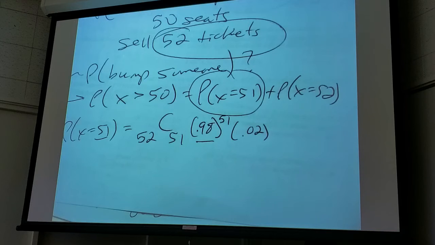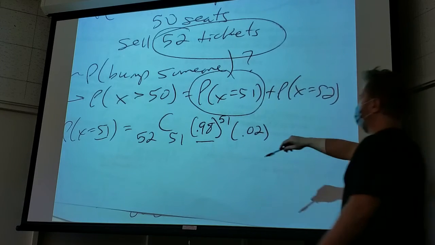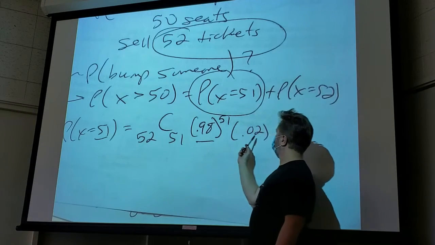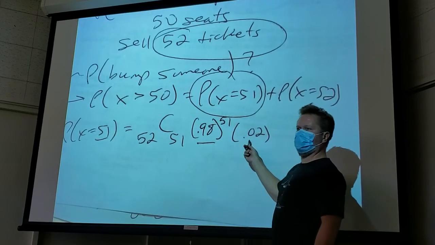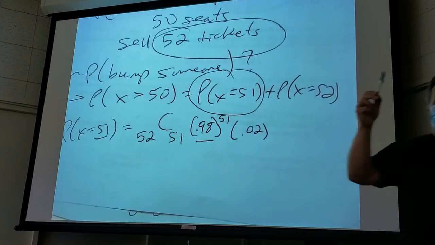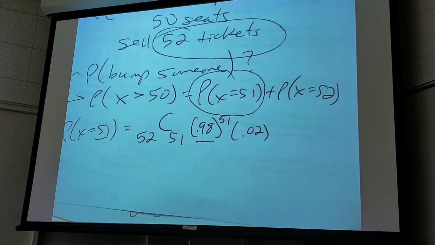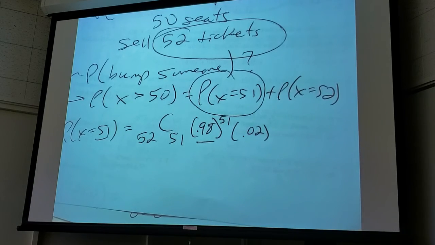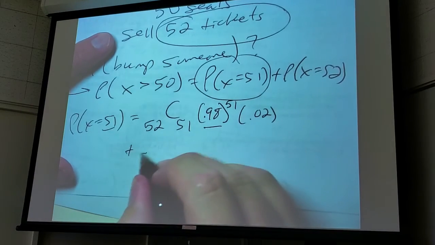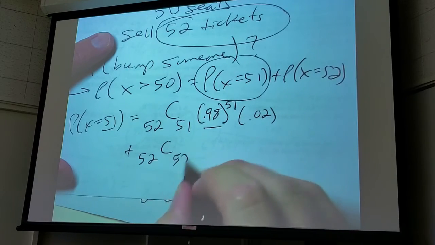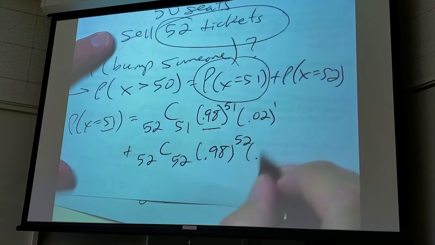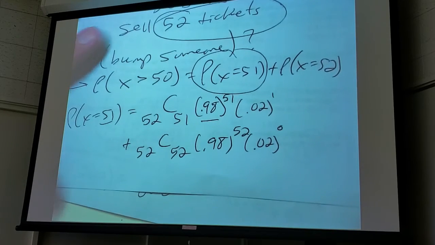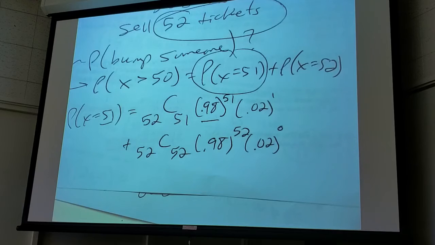So I got 52 people that I've sold tickets to. So I'm gonna figure out probably that 51 show up. So it would be 1. Yes, 1, because I got 51 people here, so that's 1 person left for here. Plus 52, choose 52. So that would be all successes, no failures, right? So if I add those two probabilities up,